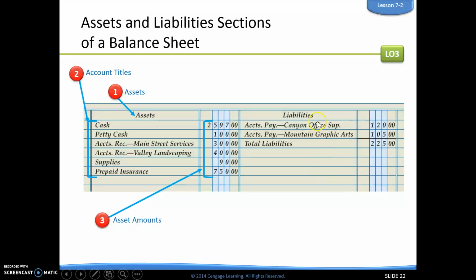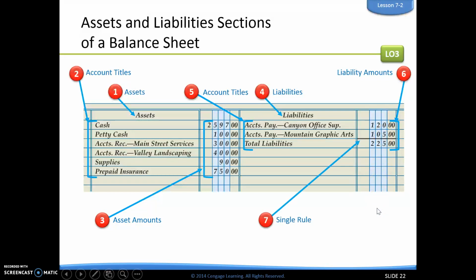Then we do the same thing for our liabilities. We put our heading here centered in the middle, list our liabilities, and then list the amounts. Notice that under liabilities, we do a single line to indicate that we are going to total those liabilities. Then we also need to add